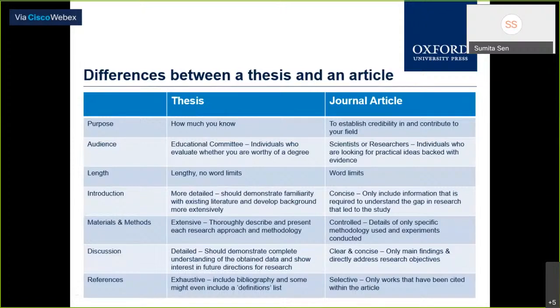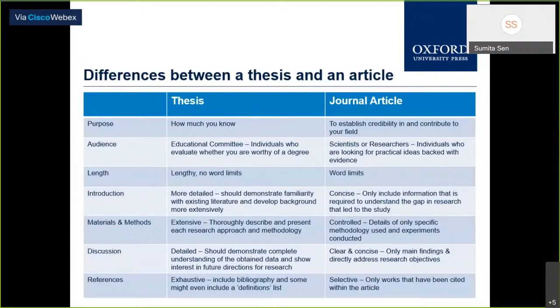The other difference is, a thesis can be lengthy. You can keep on writing pages. Calcutta University is known to give marks basis the weight of its paper. So you can keep on writing. Whereas for a journal article, you have to read the author guidelines. It will tell you how many words you need to put in. It cannot be less or more than that. So you can't play around with it.